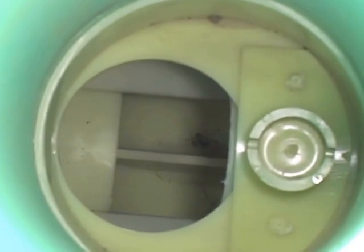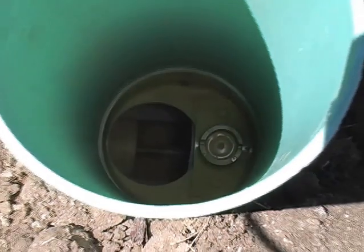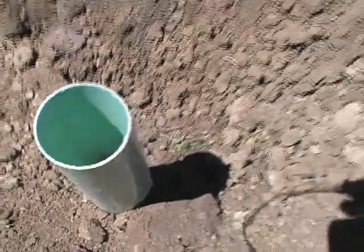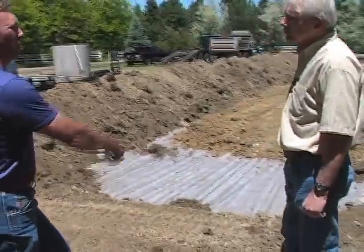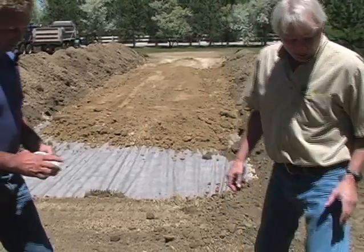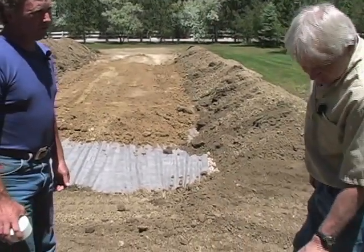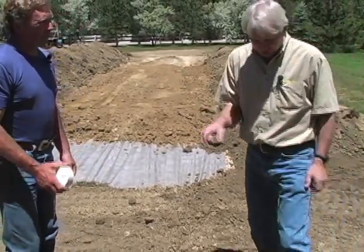The 4-inch perforated lines run 3 feet off the sides inward, and then 6 foot on center. So that's why we have 2 on this one. It comes into the distribution box with 1 inlet and then 2 outlets. Before we leave this area, is there a riser here so that the distribution can be changed